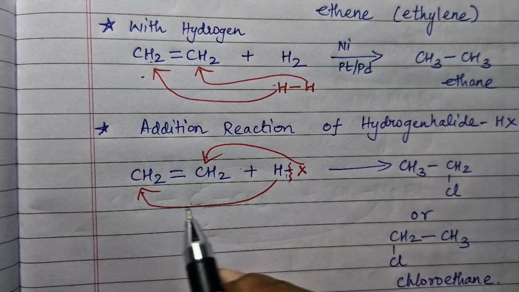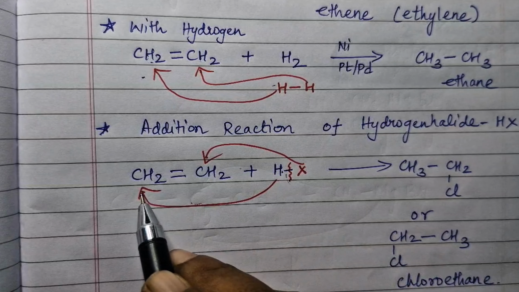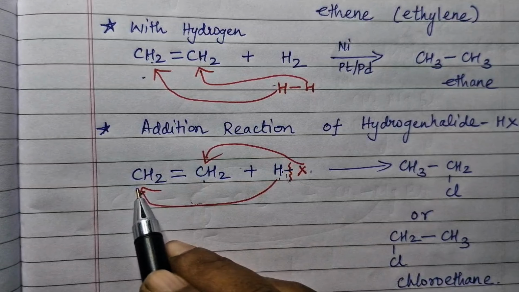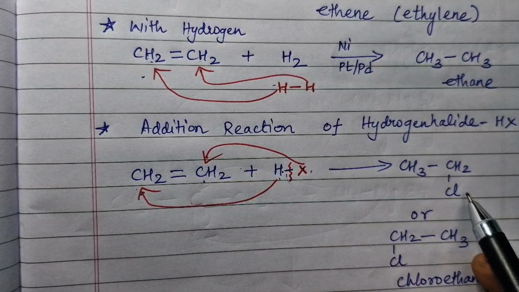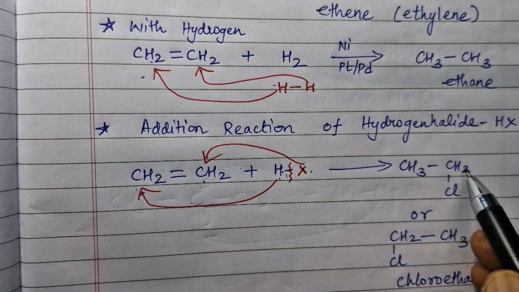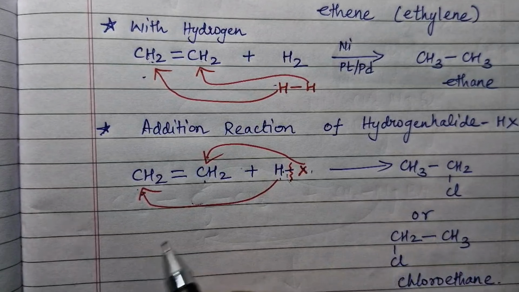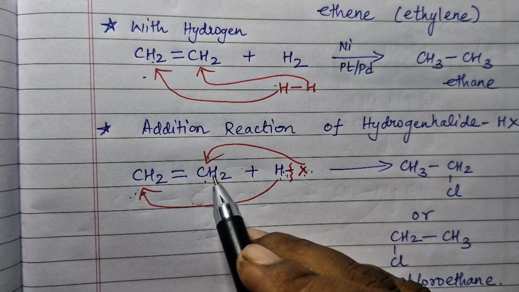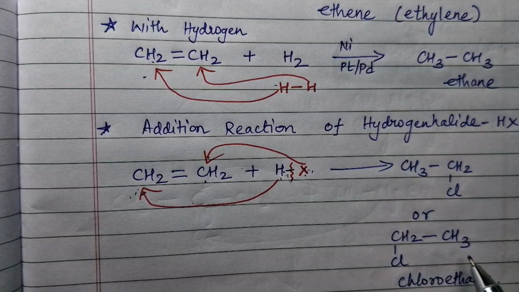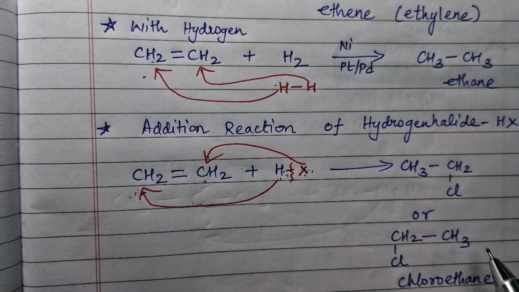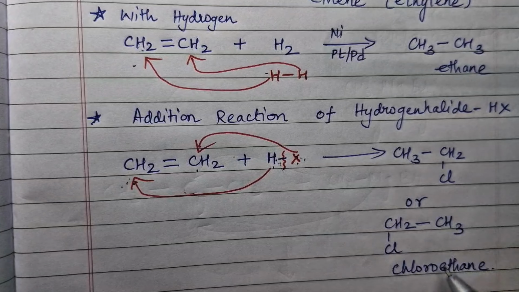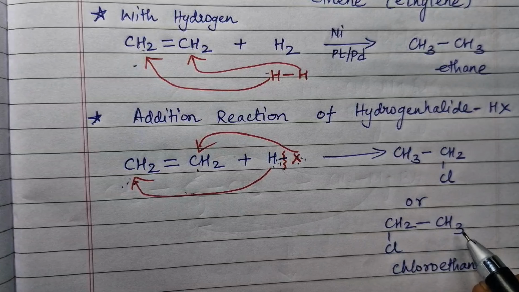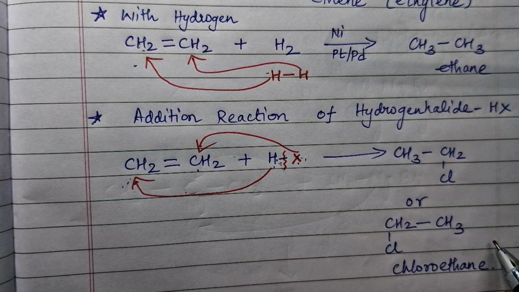where X is going to be Cl. H splits up, H adds on to one carbon and X, or the chlorine, to the next carbon. If H adds on to the first carbon and chlorine to the next carbon, my compound will be this one, CH3CH2Cl. Or vice versa, chlorine adds to the first carbon and hydrogen to the second carbon, then my resultant product will be CH2ClCH3. Both ways are the same, because if this is taken as 1, this will be 2. Doesn't matter, the name will simply be chloroethane.